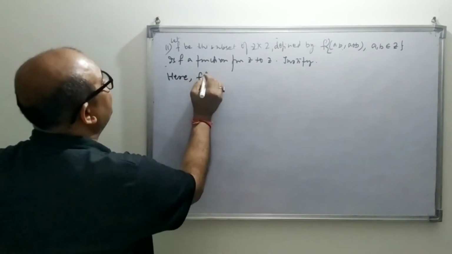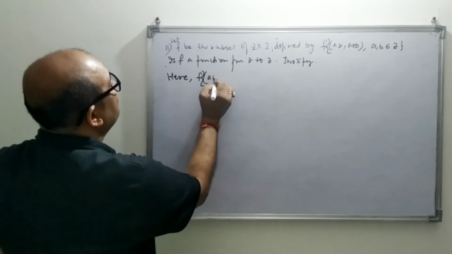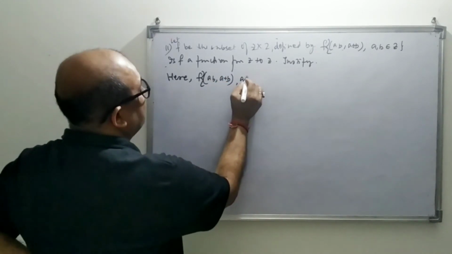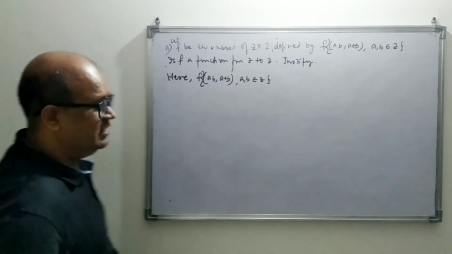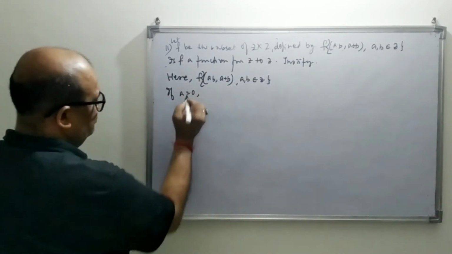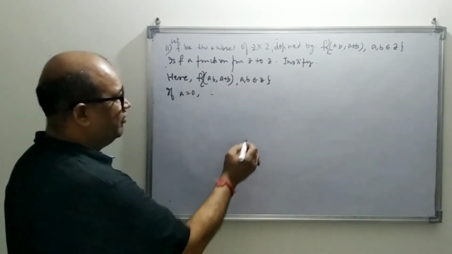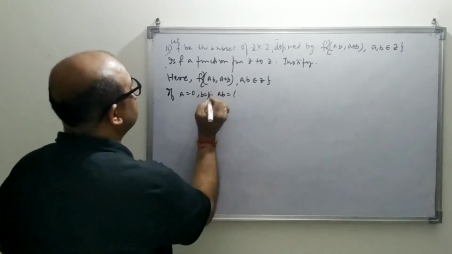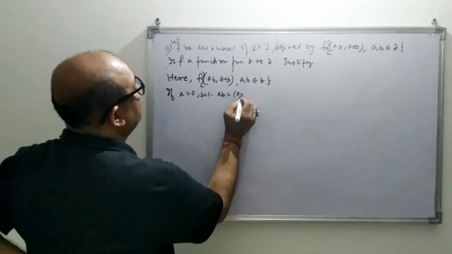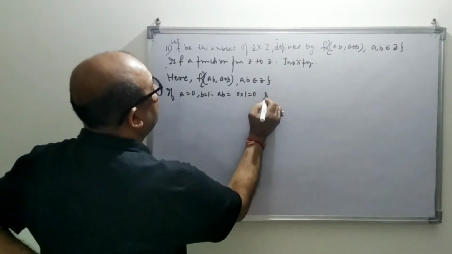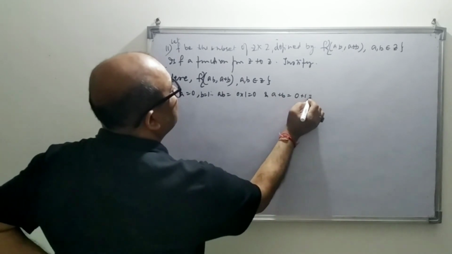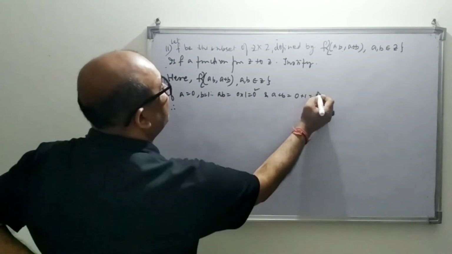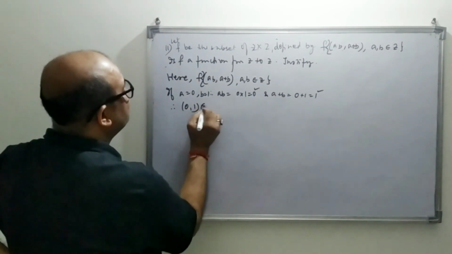So F equals (ab, a+b), that is the product of a and b and the addition of a and b, such that a, b both belong to Z, is given. Now, let a equal to 0 and b equal to, suppose, 1. That is 0 into 1, which gives you 0. And a plus b equal to 0 plus 1, that is equal to 1. Therefore, what I got is (0, 1). (0, 1) belongs to F.